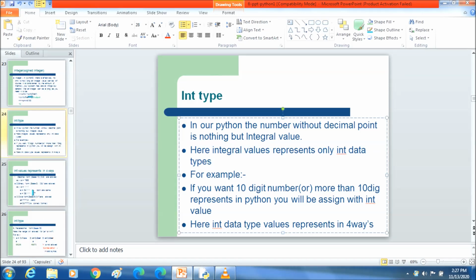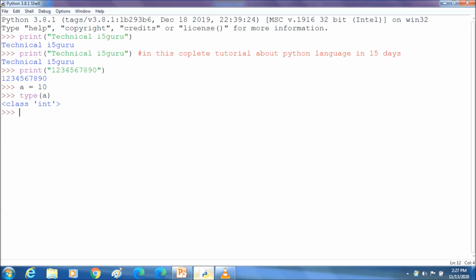In Python, integral values are represented only by the int type in data types. Example: a equal to 10, type of a. Here you can see the class name is int, so the object's class is int. Everything is an object in Python.